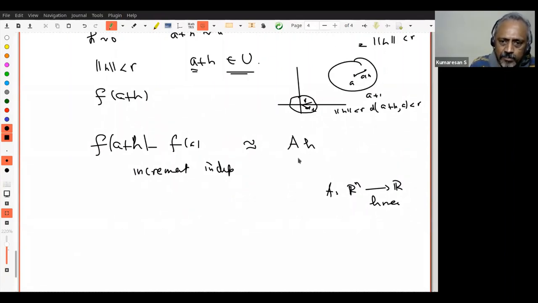Okay, then whenever I approximate, what did I want? I should put a condition. Can somebody tell me what should be the condition? I will write the definition in a minute, but I want you to say that. So I want to say f is differentiable at A. That means for all H such that the length of H is less than r, f of A plus H minus f of A should be approximately equal to A times H, where A is a linear map from Rn to R. Notice that f of A plus H minus f of A is a real number. A is a linear map from Rn to R. H is a vector in Rn, therefore AH will be a real number. So this real number is approximately equal to this real number. Okay, then what should be the next condition I should impose? Can somebody tell me? Quick.